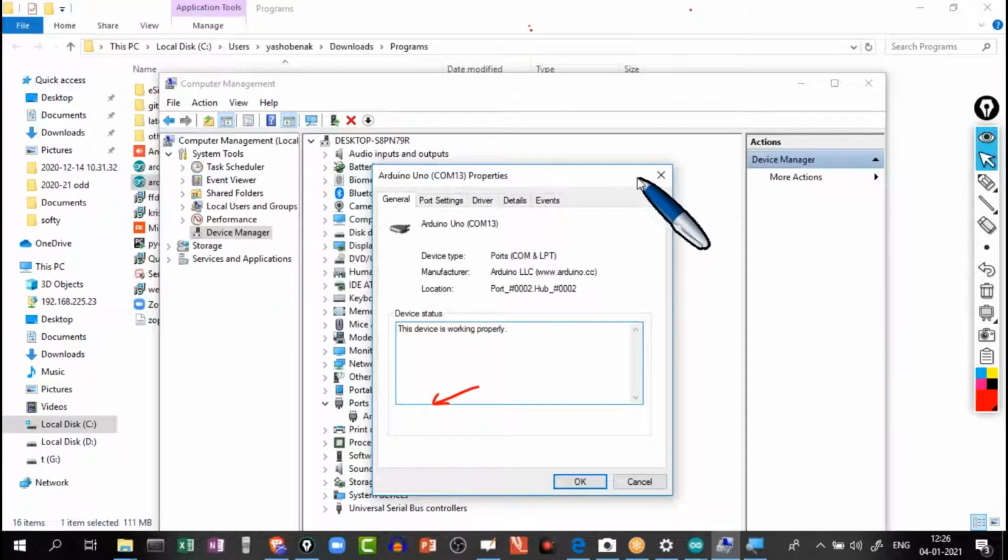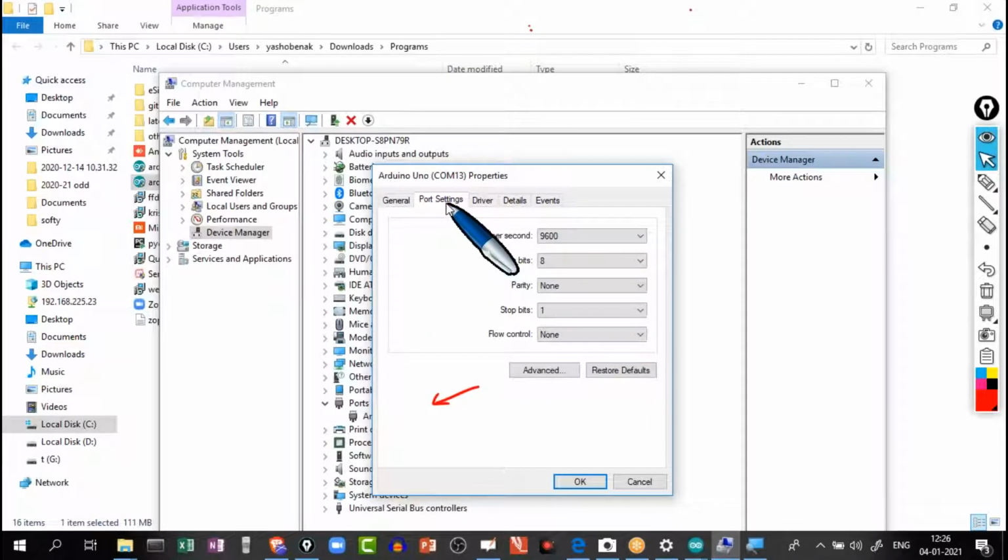Right after General, I have one more tab called Port Settings, under which you can see that because this serial communication happens over UART, it is associated with its own baud rate, which is 9600, wherein we will be transmitting 1 byte of data every time, and we are not using any sort of parity. Here the number of stop bits used is 1, and there is no flow control assigned.